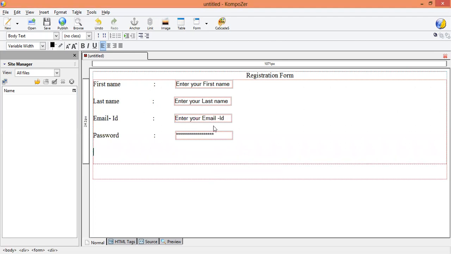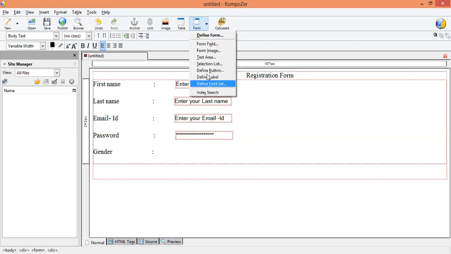Next one, which is gender. For the gender we have to select the radio button. Again click on form field.